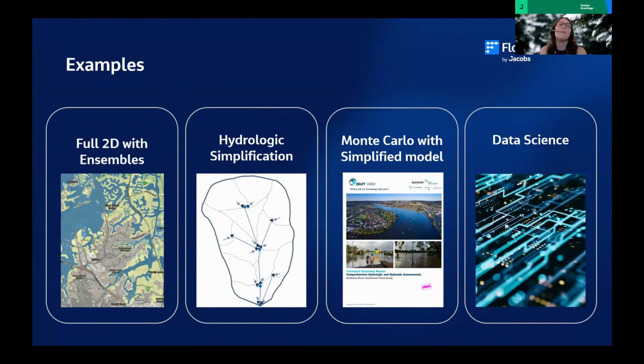A well-known example is the Brisbane River Catchment Flood Study. I think a 1D model was used to run thousands of scenarios, which then informed a Monte Carlo stochastic analysis. From this, a small subset of representative events were chosen for simulating in a detailed 30-metre grid resolution TUFLOW model for the entire catchment. I think the fast run times are around 4 minutes compared to the 16 to 32 hours for the detailed model.